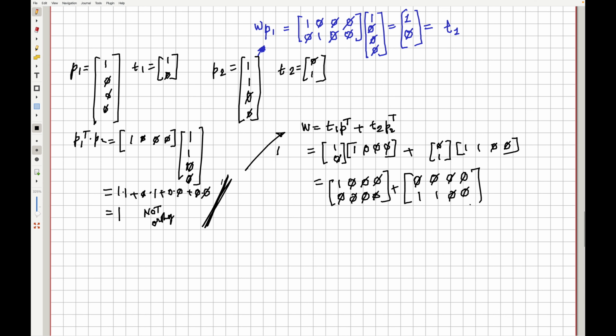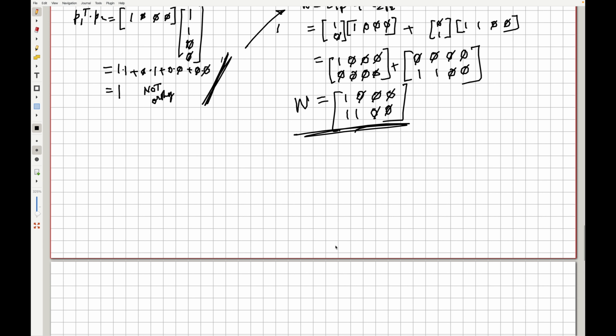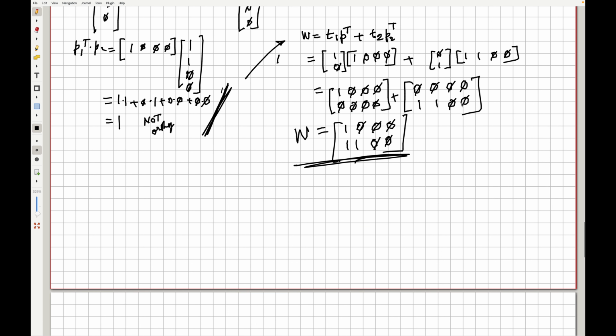If I go ahead and add these, we would get 1 in the top row, the rest would be 3 zeros, and then 2 ones in the bottom row with zeros as well. So that's our W. That is the W. That is the stored memory, if you say, where the fingerprints exist. That is the layered transparent sheets of plastic on which we have fingerprinted the P1 and P2 patterns or